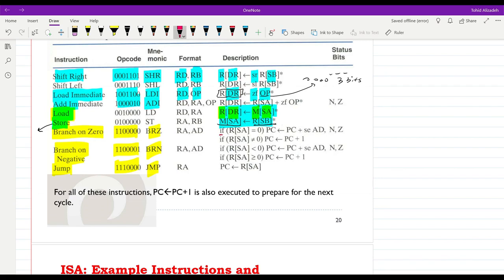If what we have in the register with the address of source A is equal to 0, then the program counter will be updated. How is it updated? It will receive what we have in the